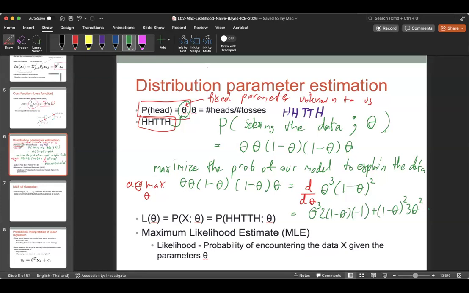And we set this equal to 0. Okay, and let's try to cancel some things. Here, bam, bam, bam. So we get